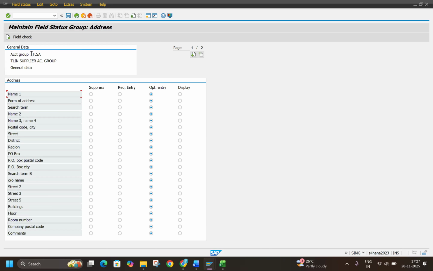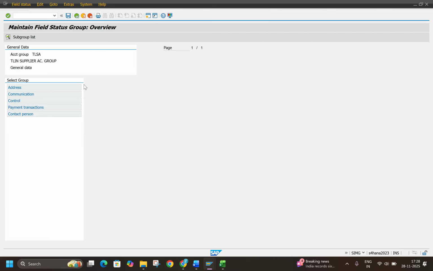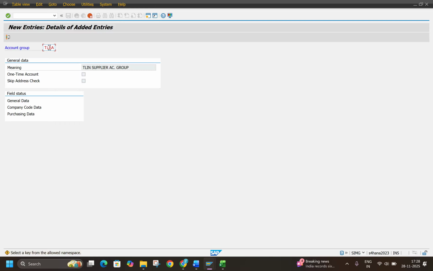So let's say for this, I will make search term required. Okay, go back. Go back. Now you can see, this is a TLSA. I don't want to create TLSA. What I will do here is TL foreign vendor, because I need to create two. Enter. See here I will give